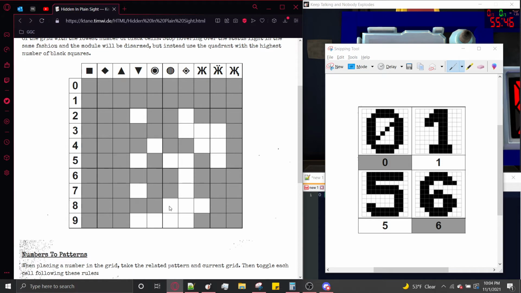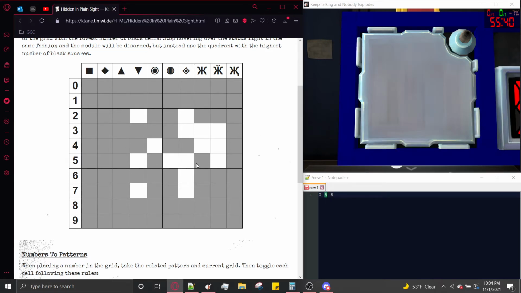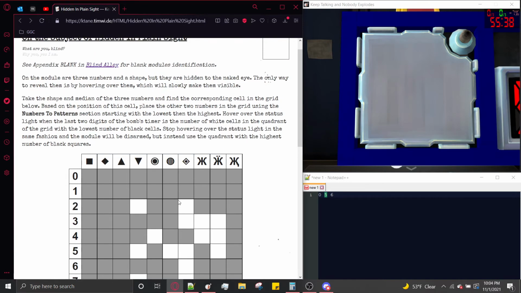Then the middle 6, and the middle 4. And this is our final pattern of cells. Now, we are going to hover over the status light when the last 2 digits of the bomb timer is the number of white cells in the quadrant of the grid with the lowest number of black